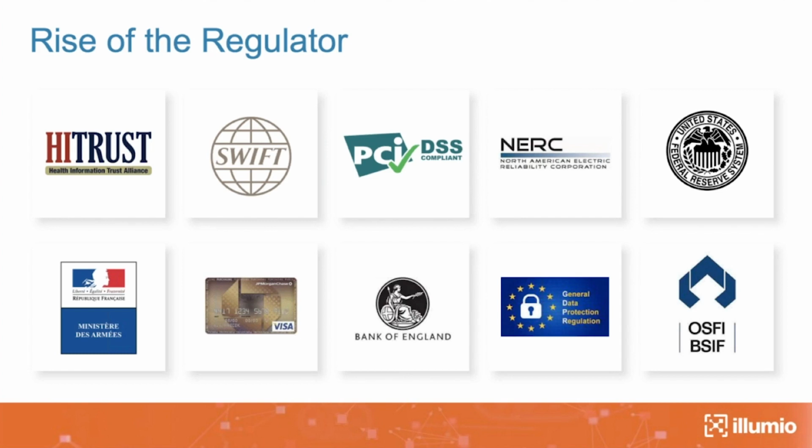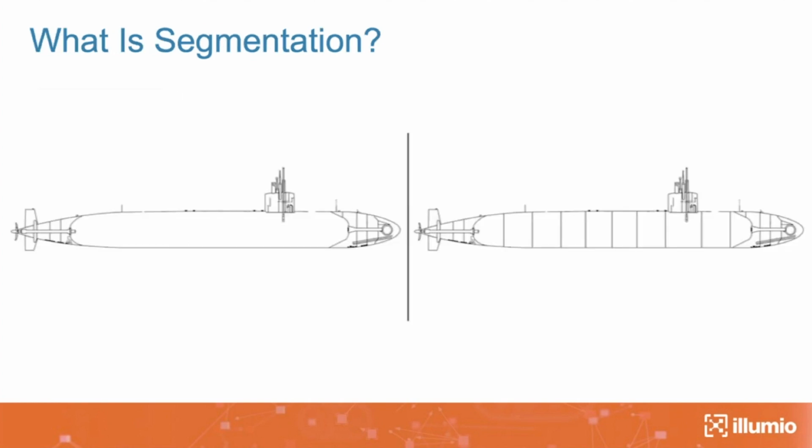So the regulators are coming down more frequently, I guess, in the timeline that they see, and they're more strict. So this trifecta of the rise of the public cloud, the rise in breaches, and the rise of the regulator has prompted customers to say, I need to do something and make myself more secure. So what is security segmentation? Or even, what is segmentation? Well, this metaphor might help us understand that.